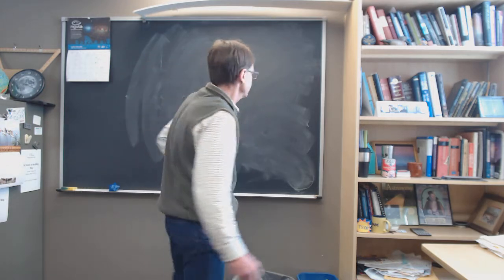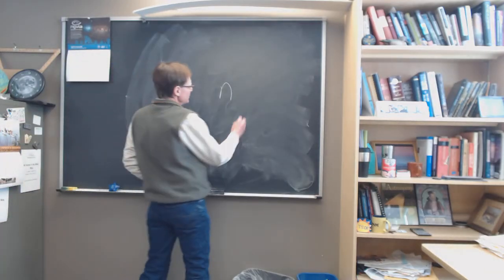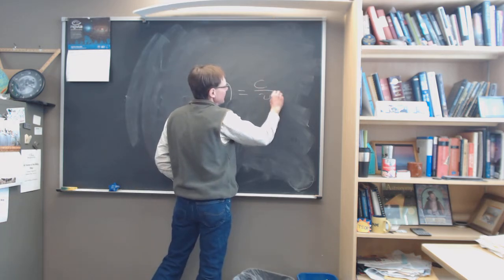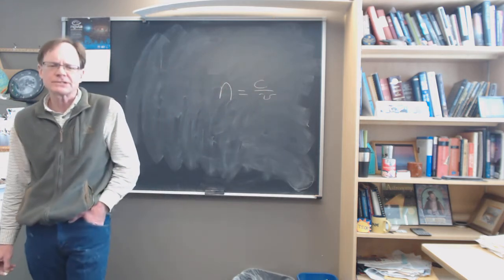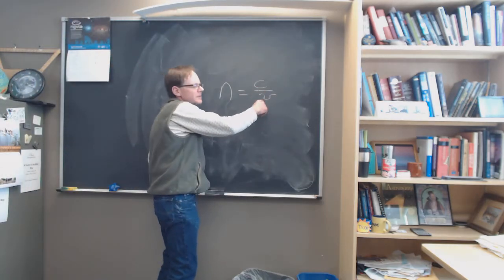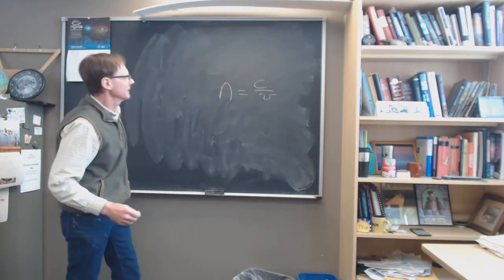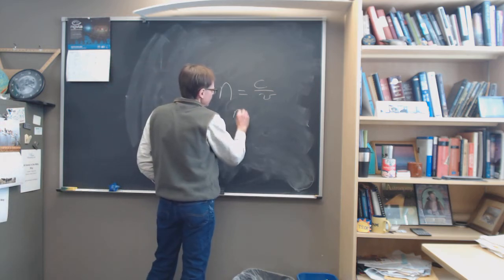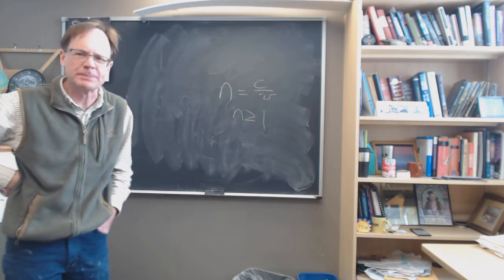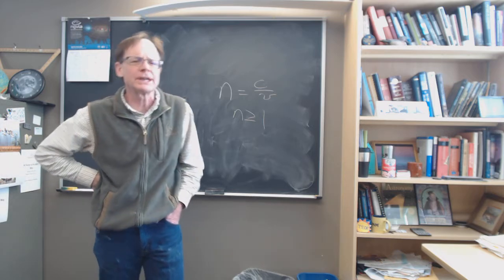So the index of refraction is usually given the symbol n, and it is a measure of the speed of light in vacuum divided by the speed of light in the material. Okay, so that's our starting point: the speed of light in vacuum is always greater than the speed of light in material. We'll say always for the purposes of this class, and so n is greater than or equal to 1. And so we're looking for something that's bigger than 1, and we're going to try to measure that index of refraction. And in order to do that, we're going to take as a given